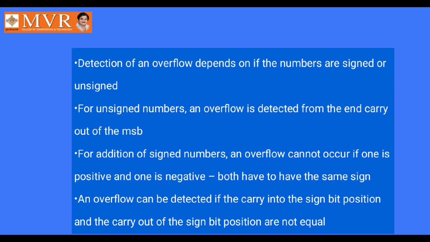So an overflow can be detected if the carry into the sign bit position and the carry out of the sign bit position are not equal. If both the carry into the sign bit and the carry out of the sign bit are not equal, then only an overflow will be generated. Okay, that's the way an overflow is generated and rectified with the help of a flag register. So my dear students,